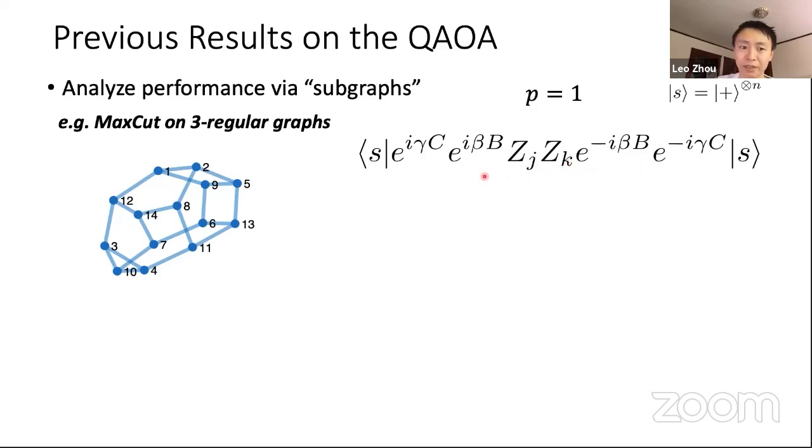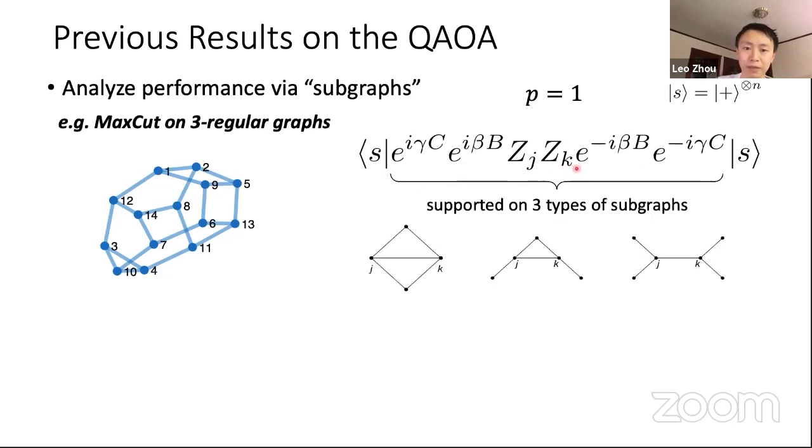different unitaries. If you look at this operator, you can see that any of the qubits that don't directly connect to j and k will commute through. That means this operator inside the bracket is only supported on 3 different types of subgraphs when the original graph is 3-regular. For example, if you start on an edge between 3 and 4, it corresponds to a subgraph of type 2. If you start with an edge that's connected between 8 and 14, you'll get a subgraph that looks